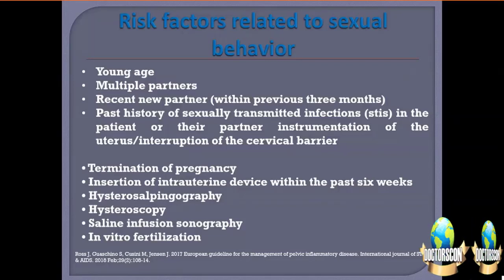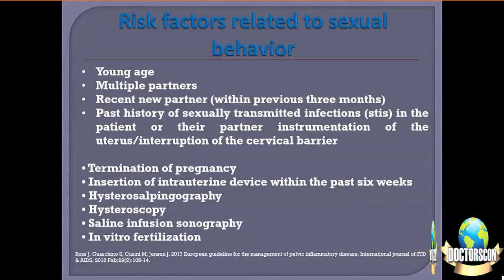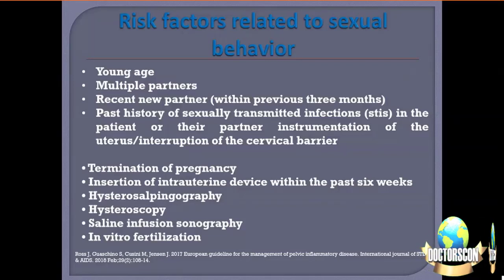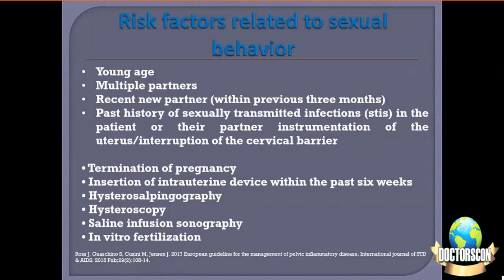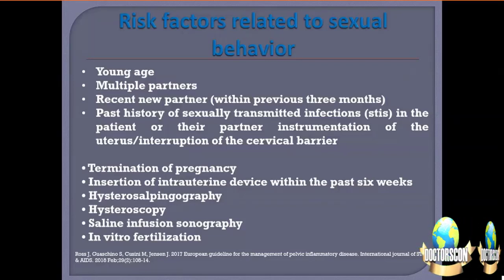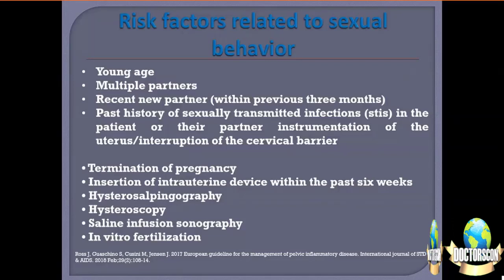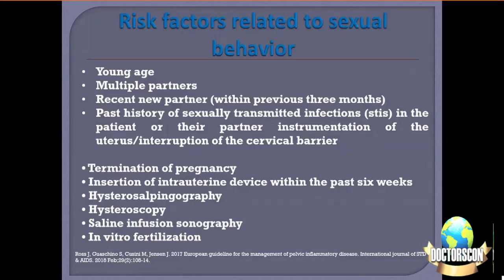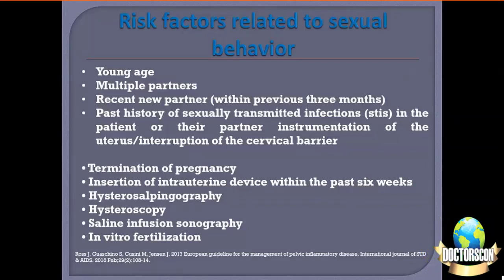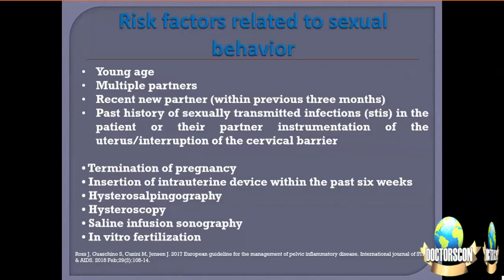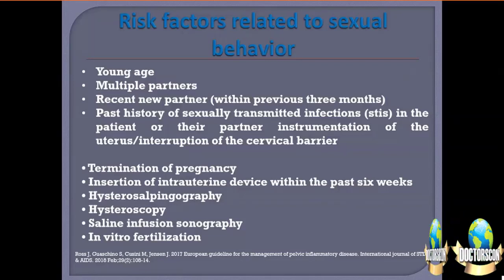So how would a patient present once there is an inflammation of the genital tract? The most common symptoms would be lower abdominal pain, which is usually bilateral. There can be some abnormal, unpleasant cervical discharge, which is often purulent. It could be deep dyspareunia, abnormal vaginal bleeding, including postcoital bleeding, which is very important and one of the significant symptoms. There can be intermenstrual bleeding, heavy menstrual flow, and secondary dysmenorrhea. Next.